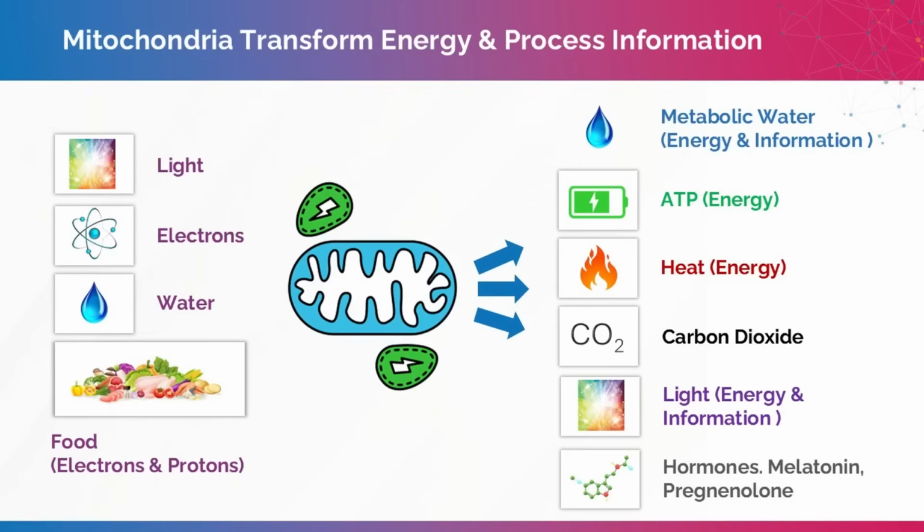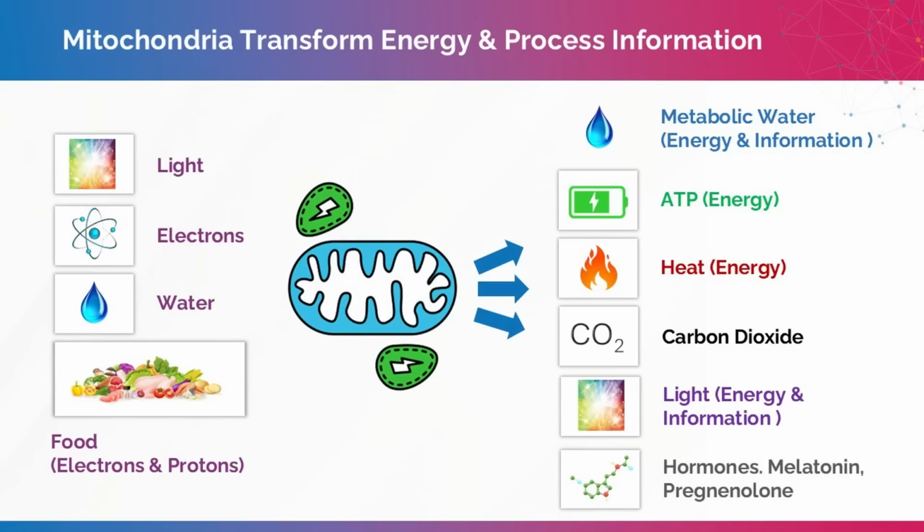So for people that like pictures, what goes into the mitochondria, we could say food, and then water, because they are effectively bathing in an ocean of water. Electrons, because electrons other than food sources can enter the mitochondria. And of course, light is something that goes into the mitochondria as well. And I left oxygen off this picture, there just wasn't space. So that goes in as well, because it's the terminal acceptor of electrons, as in it's the end of the conveyor belt, the oxygen, and it's the key part of how water's made.